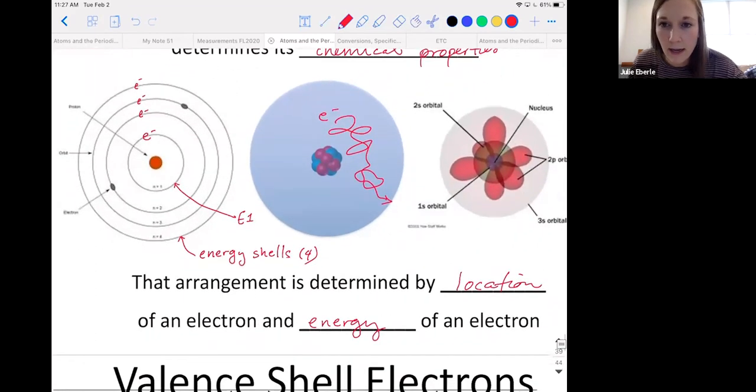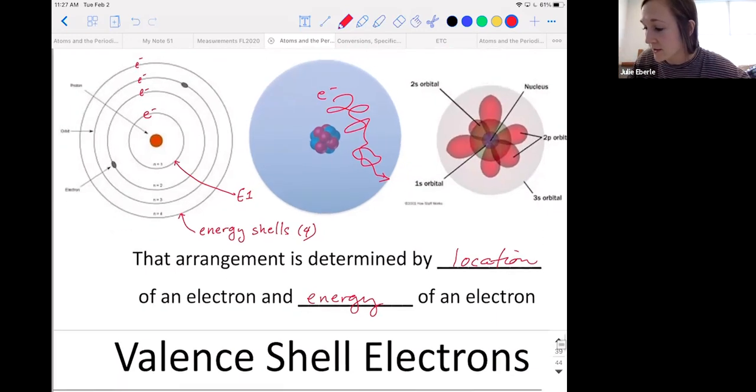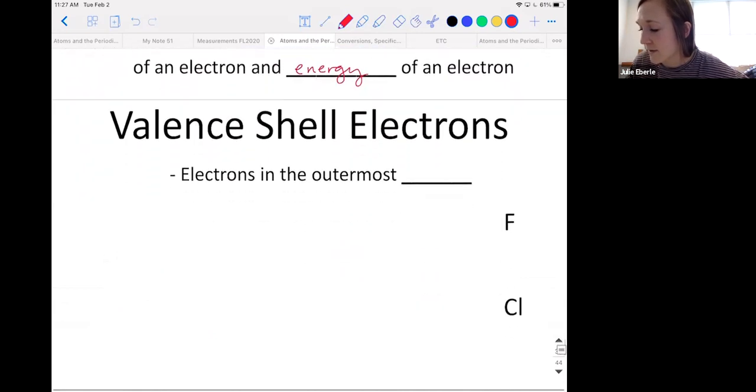Now, I know you're thinking, what the heck do energy shells have to do with me being a nurse or whatever? And I promise you, sure, maybe you're not going to study electrons for the rest of your life. Don't do that. I hope you have a more exciting life than that. But all of this stuff is really foundational, and really important for understanding how things behave, why chemicals and compounds do what they do, okay? Why water is a liquid at room temperature, at Earth's livable temperatures. All of it has to do with electrons and their properties at a molecular level. So I promise this stuff is important for why things behave the way they do.